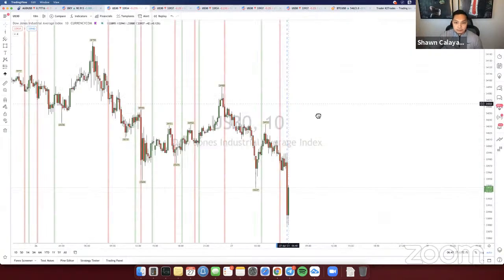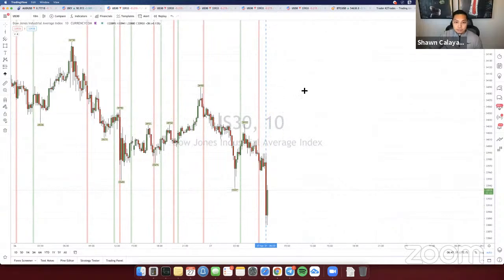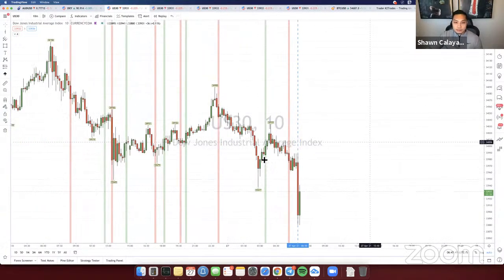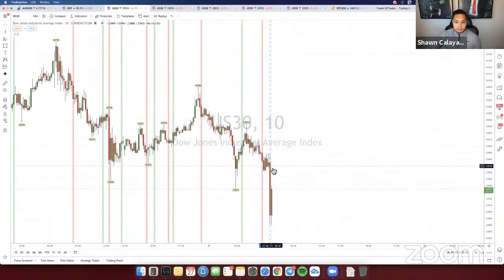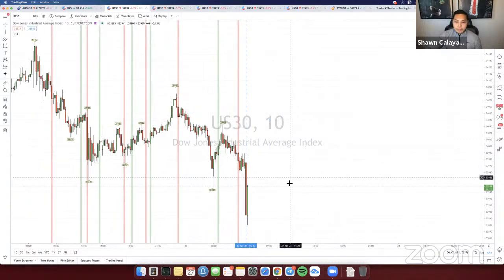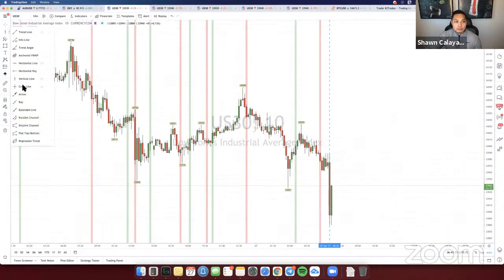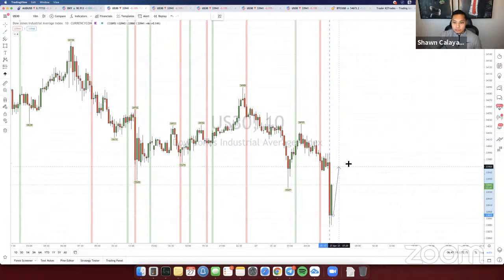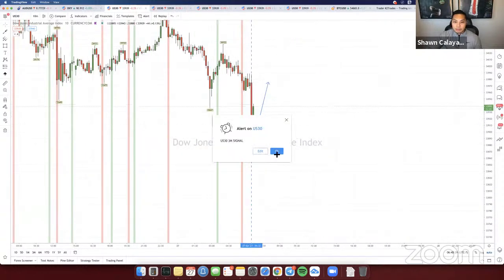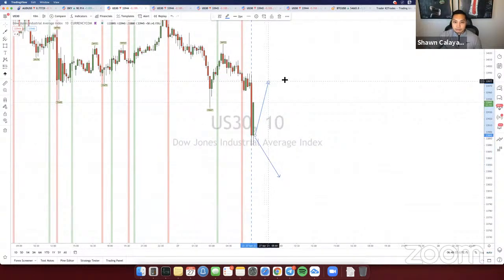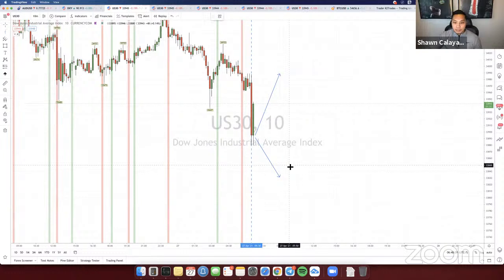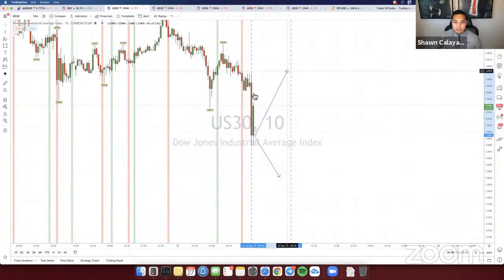Okay, lastly, let's see. We'll see where this goes, guys, because looking at US30 right here, you know how price dropped here? This is the opening candle at 6:30. After this opening candle, price will do one of two things. It'll retrace back to where it originally was, or it will continue to drop, one way or the other. If you guys have been following me for a while, we've been following US30 for about 2 years now, so we kind of understand how it moves. From 6:30 to 10, price is going to move directional. It's either going to go back up to where it was originally, right here before market open.